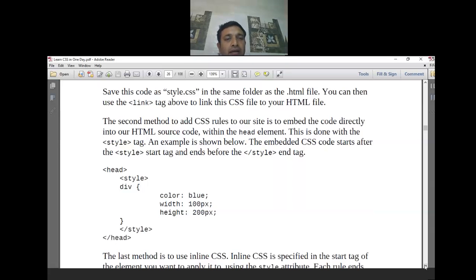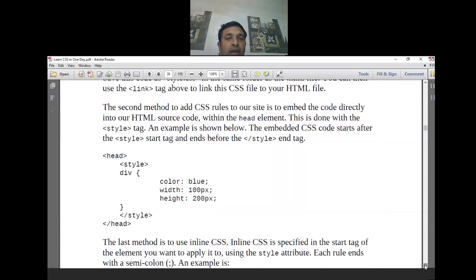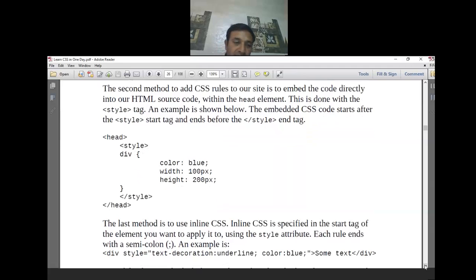But it doesn't look good, and it is not a good way to do this because it gets very jumbled when we have so many HTML contents and you also add the additional scripting and styling into one single file. A new person reading the code will not be able to understand it properly. For basic setups you can try it for learning purposes, but it is not the way to do it. So always create .css files. This is the simple way: you create the style tag and put it there.